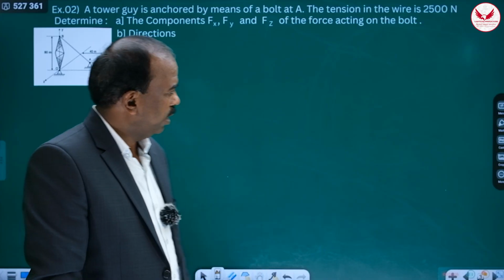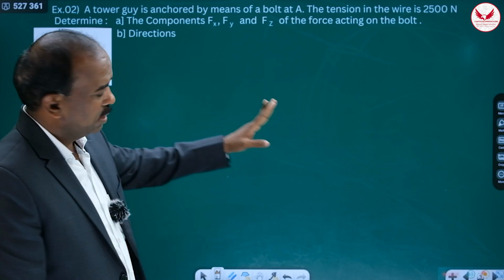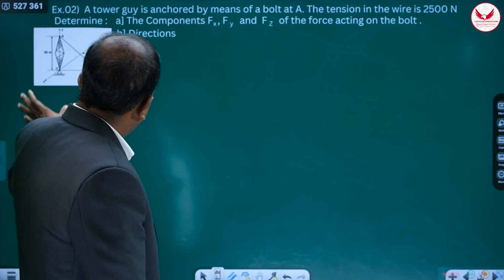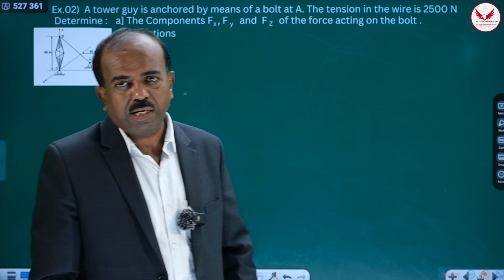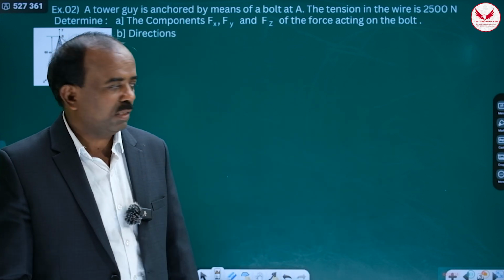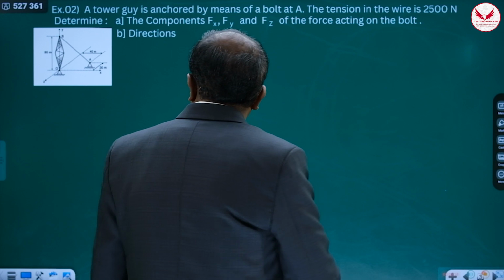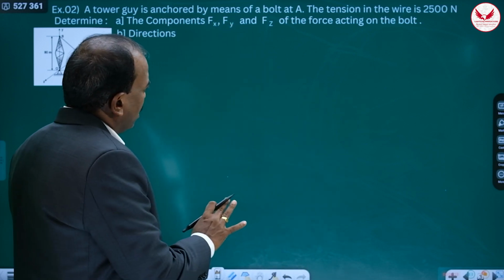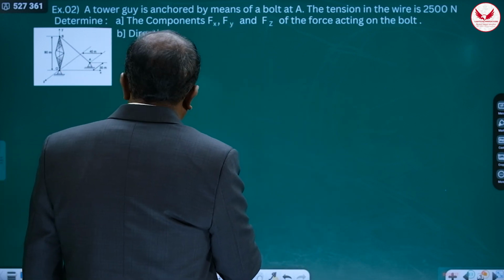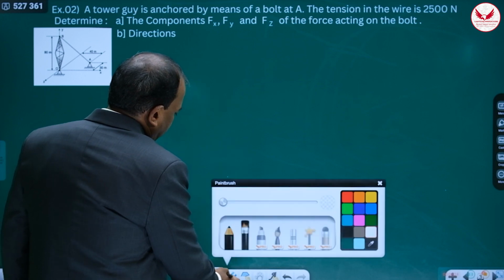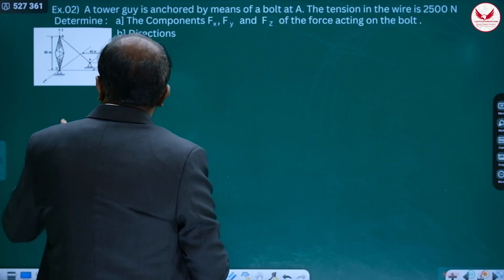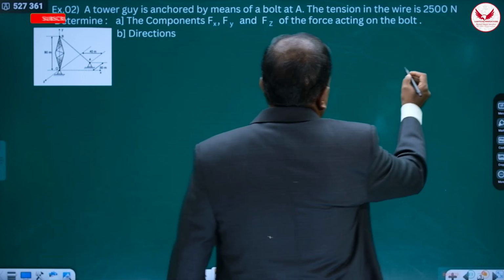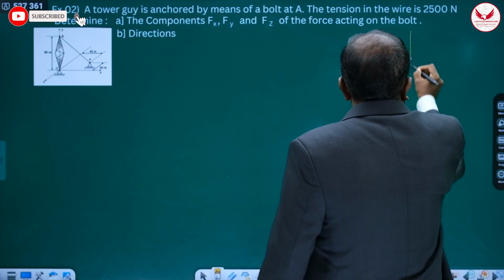Now again we'll take one more problem of such type. It may not be a resultant, but sometimes only one force may be there and its component may be asked. Those also can be solved by using this table method. So I'll explain. This problem also has some tower like this,